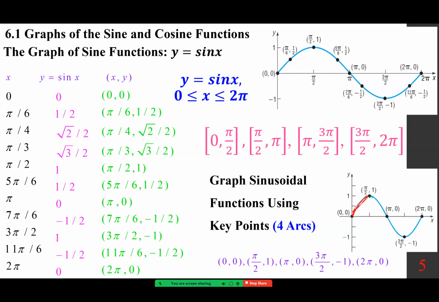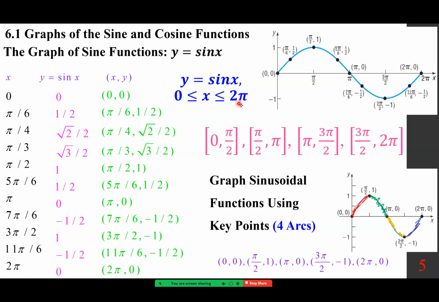Here's this second arc. Here's the third arc. Let's see if I can have one more color. Here's the fourth part. So what I want you to pay attention to is that 2 pi gets cut into